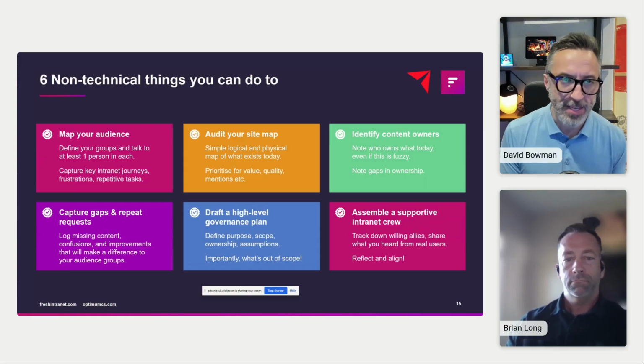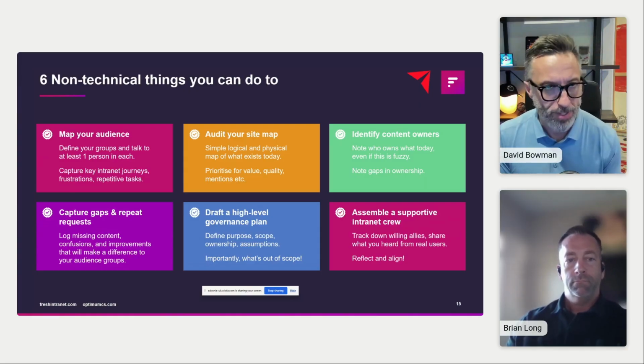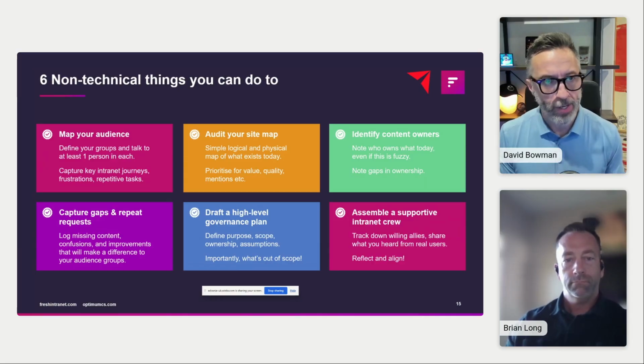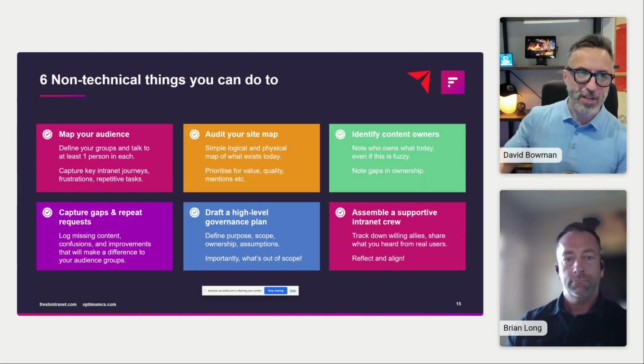High-level governance plan. These things are really important to have as a frame of reference for what purpose is the intranet serving, what's its scope, what's its assumptions. Importantly, what's not in scope for the intranet? What are you not responsible for that's going on inside of SharePoint? If governance plan